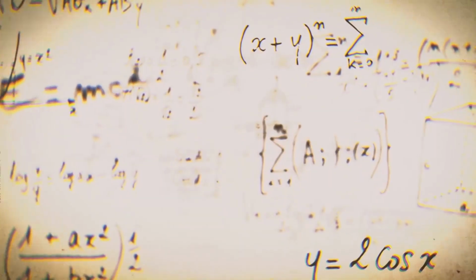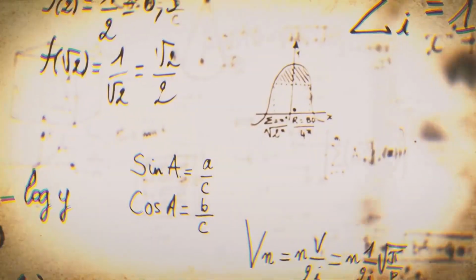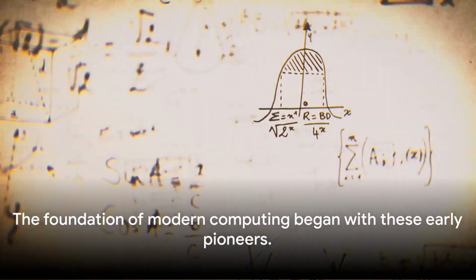These early devices, the Pascaline, the Leibniz calculator, and Babbage's difference engine, were the precursors to the computers we know today. They were the first steps in a long journey of technological evolution. In their time, they were revolutionary, bringing a new level of efficiency and accuracy to mathematical computations. These early devices laid the groundwork for the technological revolution that was yet to come.